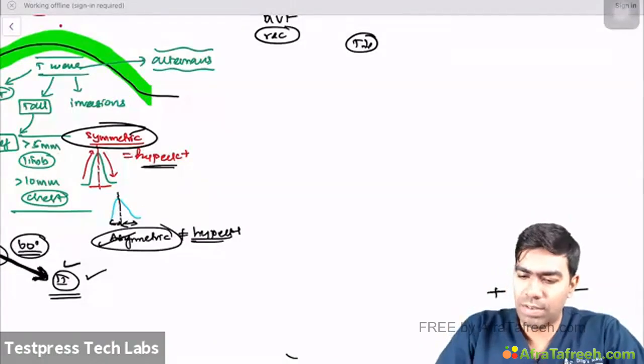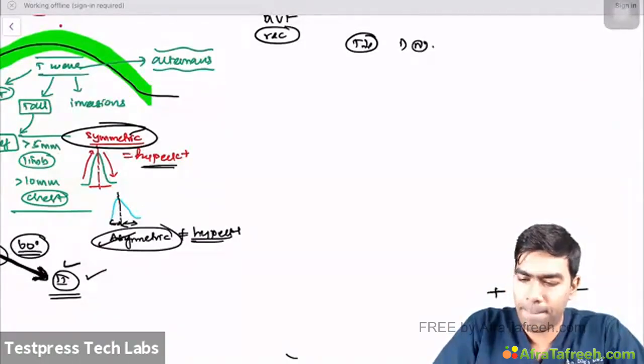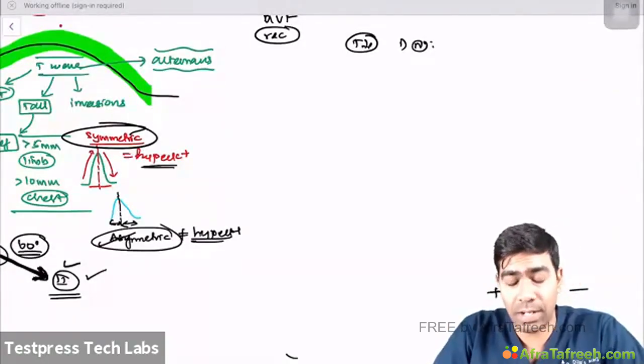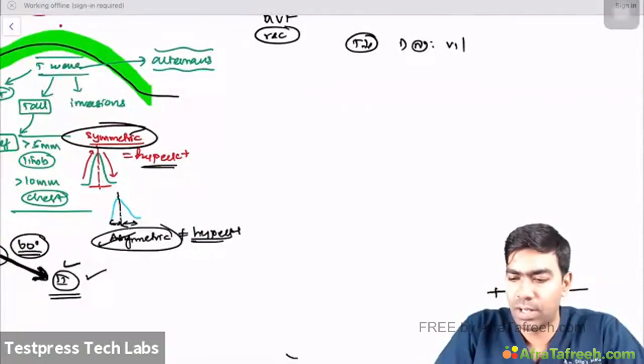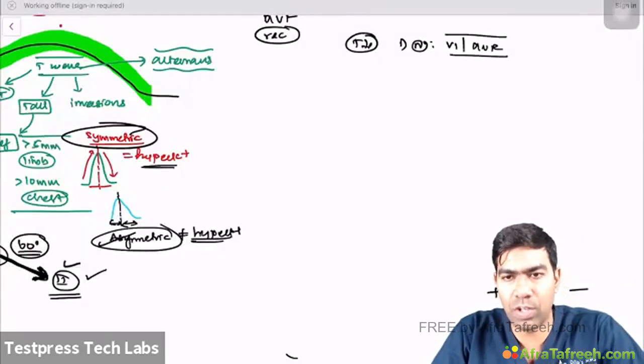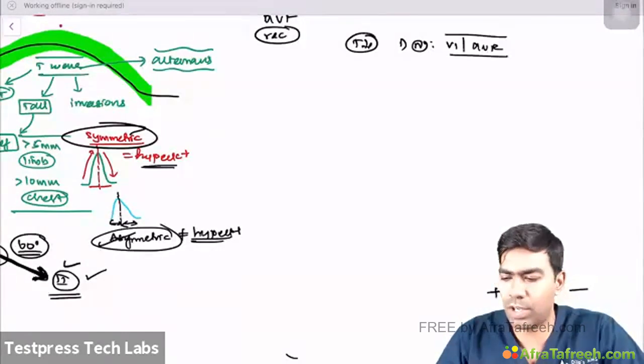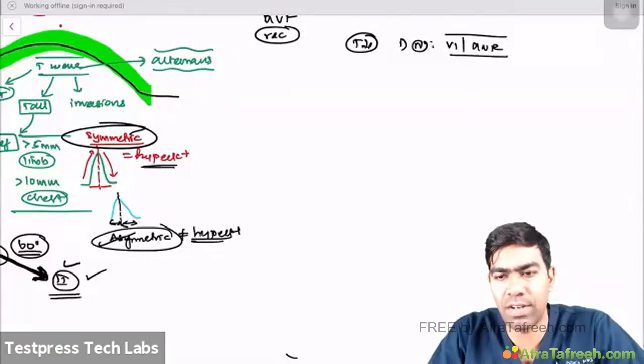Of course, T-wave inversions are normal in certain individuals. In certain leads, especially in V1 and probably in AVR, T wave inversions are absolutely normal, no problem at all. T wave inversions don't have any role in these leads. If you have a T wave inversion, that's considered to be normal in AVR and V1, so don't take it